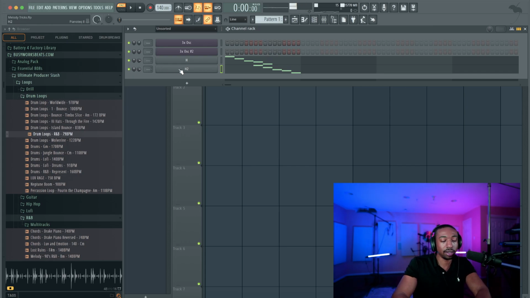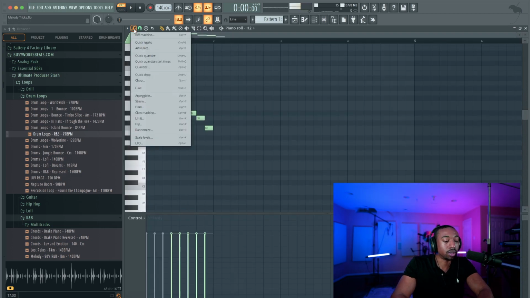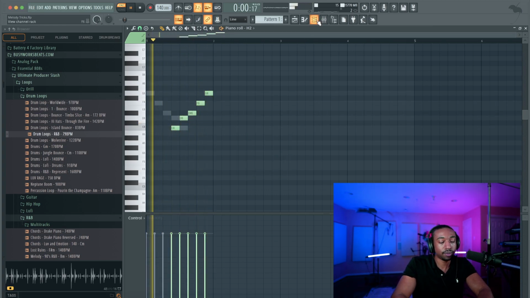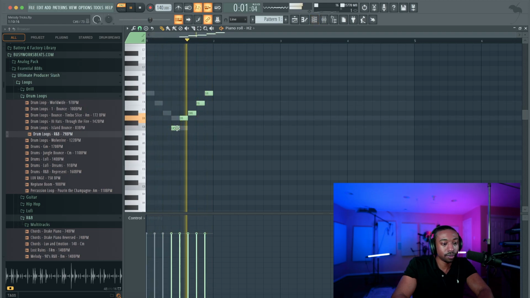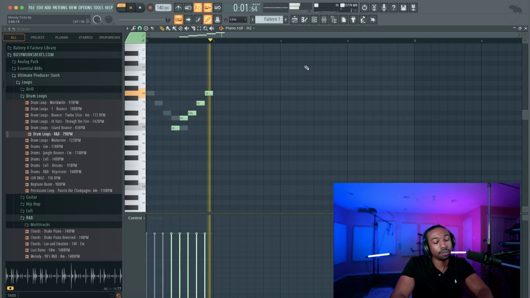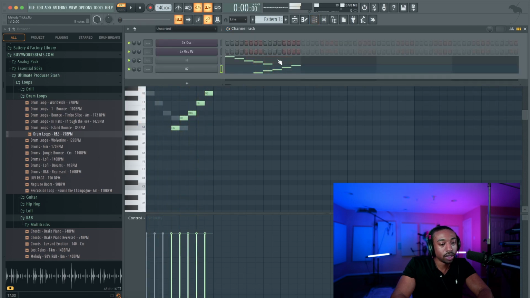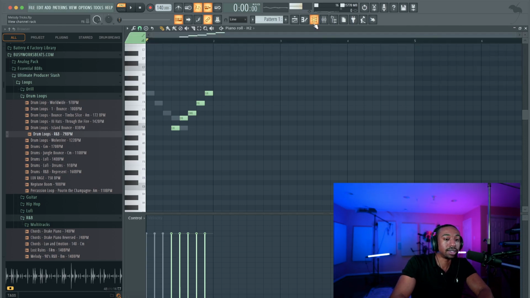Now let's turn on the second instrument. Now that alone is pretty cool. But what we can do now is go into the piano roll and then go to your tools, go to flip, and we're going to flip horizontally and preserve the time. So now it's going to go down and go up, and it creates a satisfying looping feature. And right here, it creates a little tension because we have 1, 2, that's the major second right there. So it creates a little tension in the middle, and then it also goes back to the beginning. So this is a really easy technique you can use.